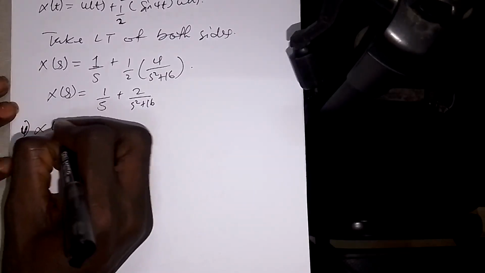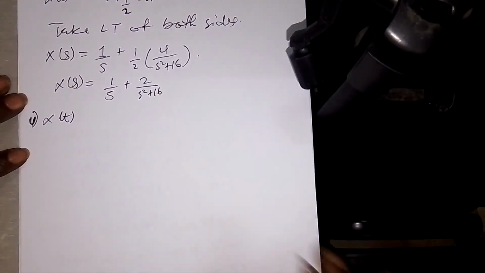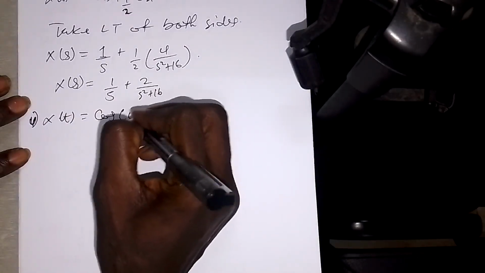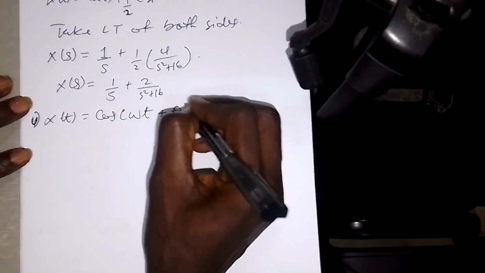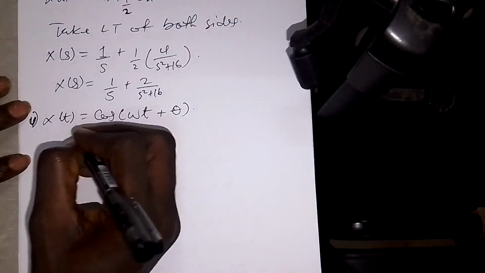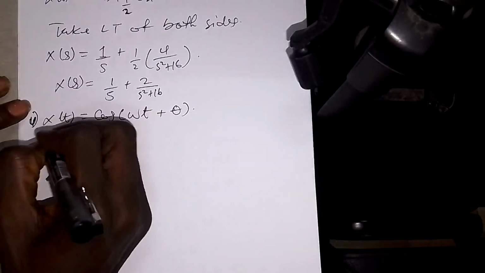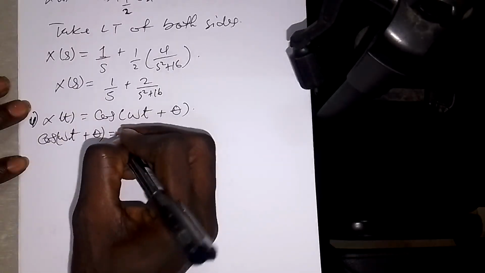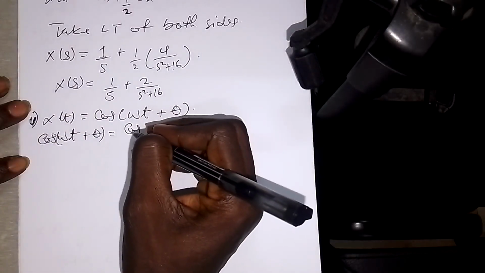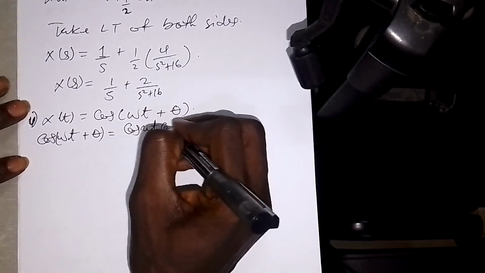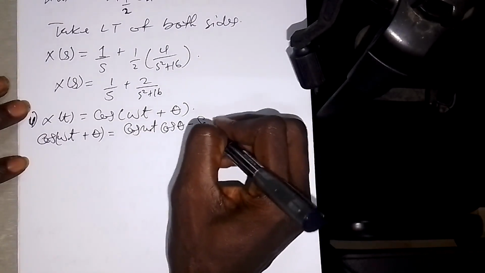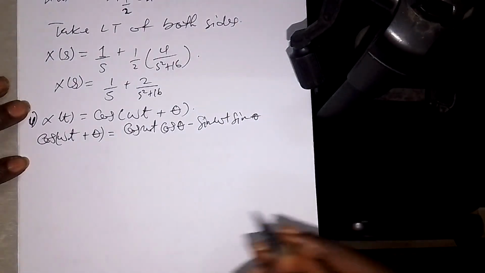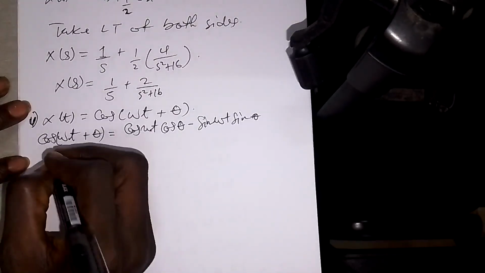So x of t equals cos of omega t plus theta. Basically, cos of omega t plus theta is equal to cos omega t cos theta minus sine omega t sine theta. Okay, so now if we have this, then we take